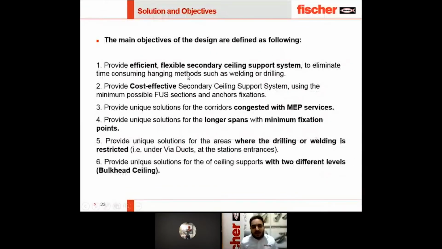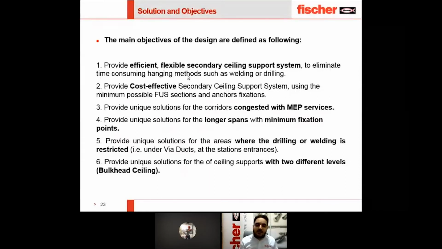Okay, as the Fischer team and design team, we are trying to find a solution with consideration of many things. The first thing is flexibility on site. We cannot provide a solution and a system that you cannot install on site. So we care about this point, and in our design it will be very flexible to install on site, with minimized drilling points